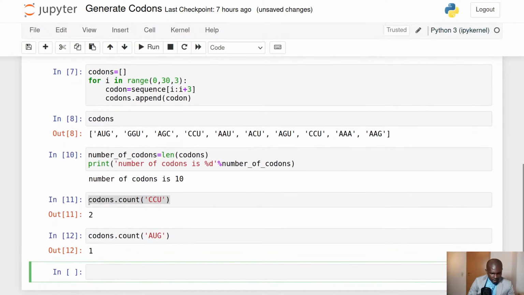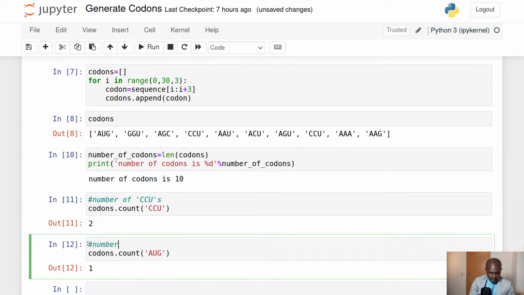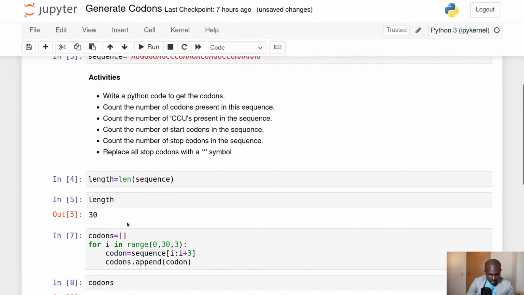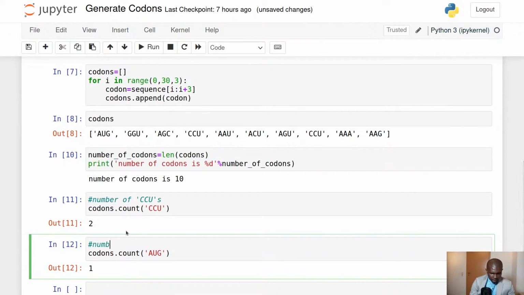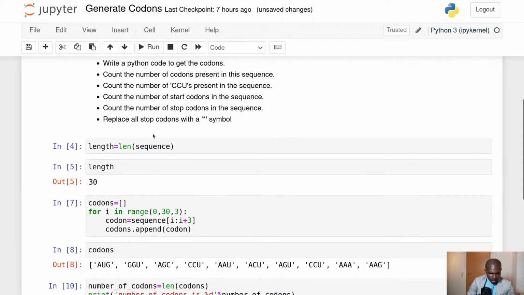Let me just put this comment here, because I will upload this notebook to my GitHub repository for those of you who want to get it. And then let's check the question. Let's make it simple: number of start codons, and then let's check the other one, which is number of